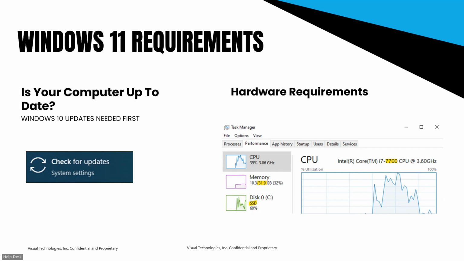And the final data point that you see highlighted is SSD. That stands for solid state drive. That is the newer and significantly faster type of hard drive in modern computers that you really need to have to be compatible with Windows 11. If you don't have an SSD and you have a traditional HDD, that is the spinning disks from older machines, you're going to have a tough time on Windows 11.